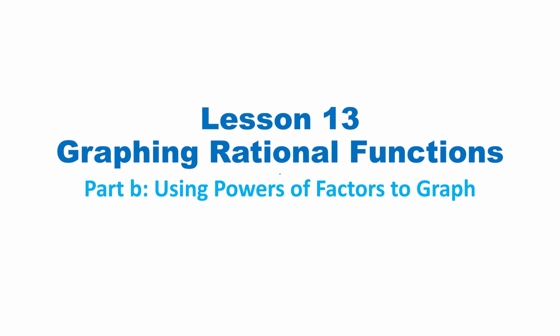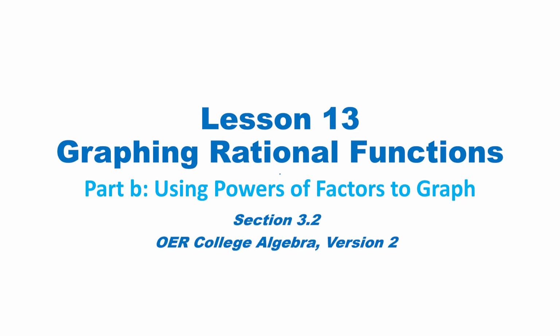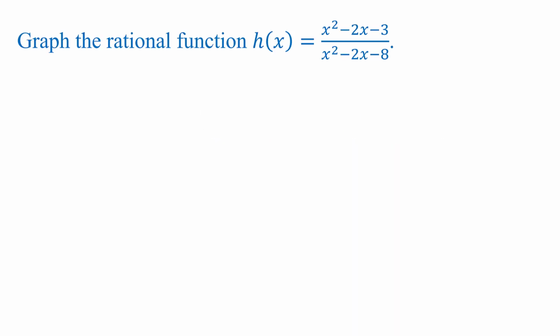In the second part of Lesson 13, Precalculus, we graph rational functions using powers of factors in the numerator and denominator to help us graph. This is section 3.2 in the College Algebra textbook. We get started by graphing h of x equals x squared minus 2x